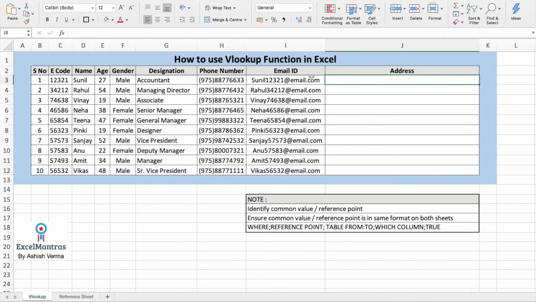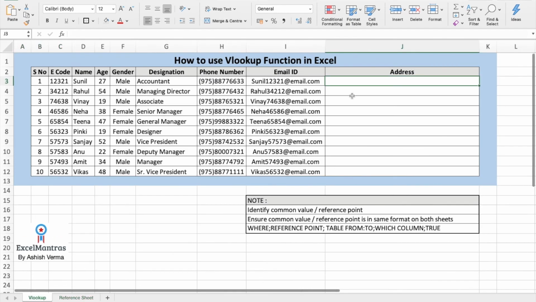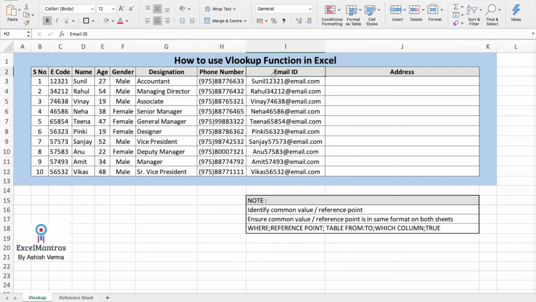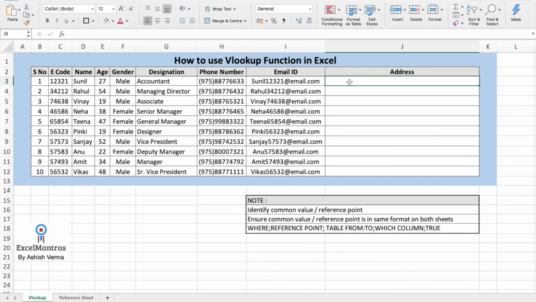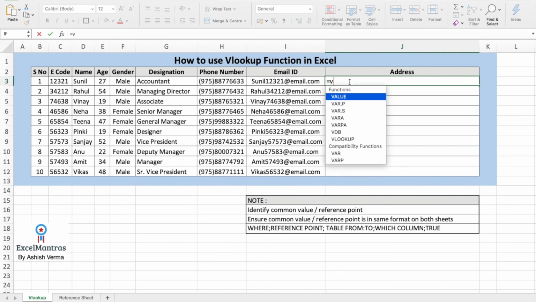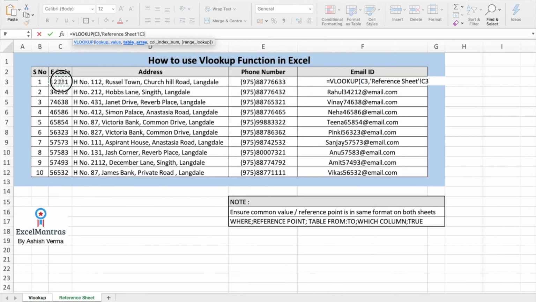Similarly for address. Now you see, the reference sheet does not need to be in the same order that you want your final sheet to be. Here it is phone number, email ID and address. Here in the reference sheet it is address, phone number and email ID. Does not matter. Since this is the particular cell that we want the data to be returned in, it is equal to VLOOKUP tab, lookup value, again the employee code, comma, go to the reference sheet, select the first column, the first data cell, and then drag it to the desired data cell range.